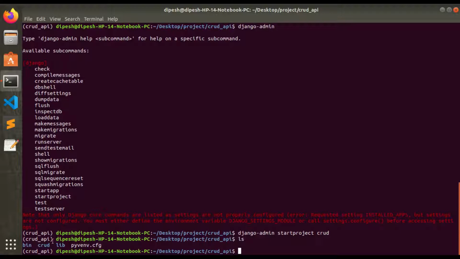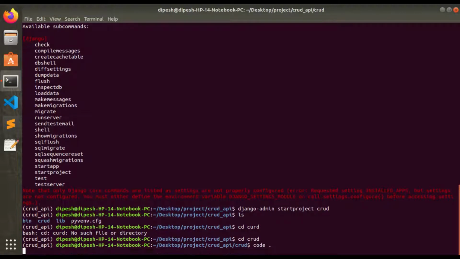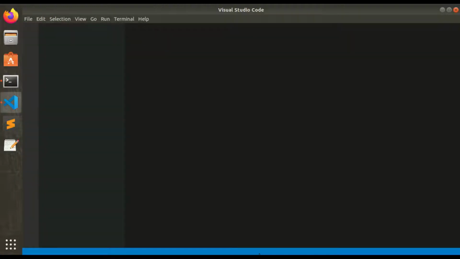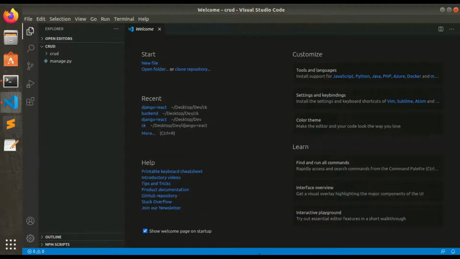Here you can see that the project is successfully created inside the environment. Let's open Visual Studio Code for this. Here you can see that inside the CRUD project, one CRUD folder is present.